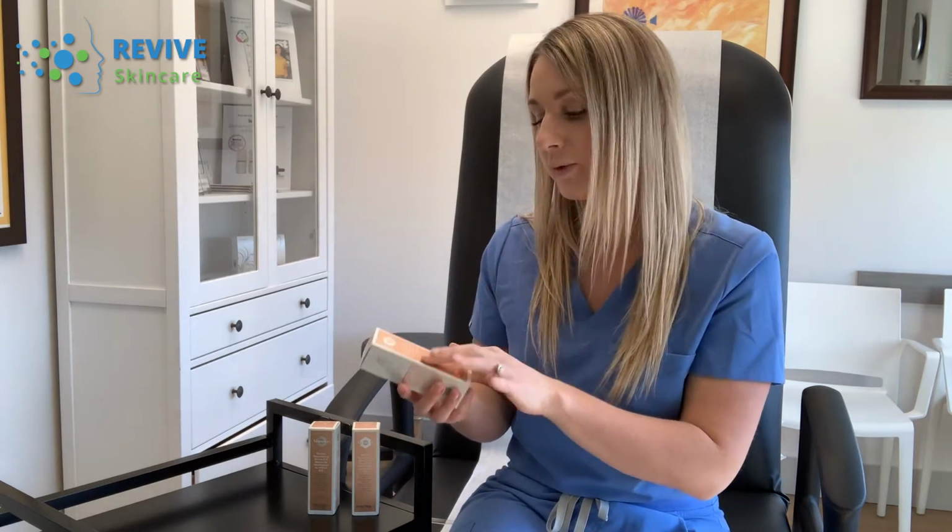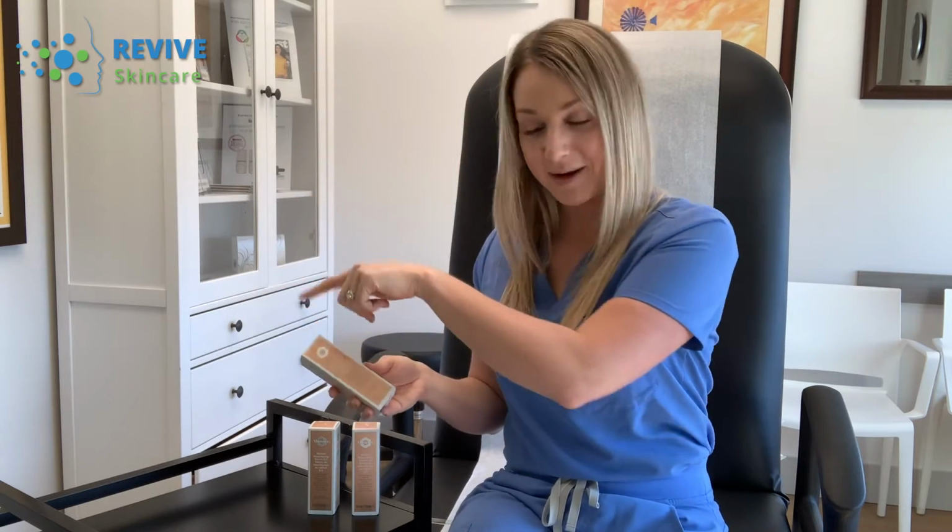So to lower that risk and to make it a little bit more comfortable, I suggest starting with your retinol every couple of nights and then building up your use gradually. So if you want to do it every 2 nights, say for the first 2-3 weeks, then maybe start mixing it in every night. So do 2 nights in a row, skip a night, 2 nights in a row, skip a night, something like that, and just really slowly build up your use to it. I find it more tolerable and more comfortable like that, and you're probably going to enjoy the